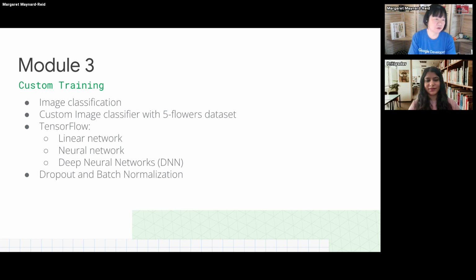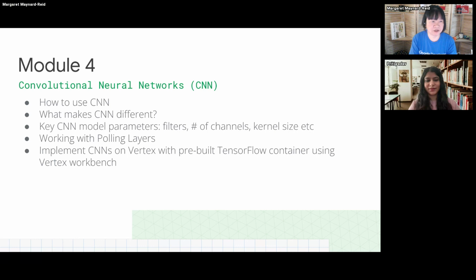And Module 3 also discusses dropout and batch normalization. So for those of you who are new to this whole thing of deep learning, these are some of the basics, like dropout and batch normalization.